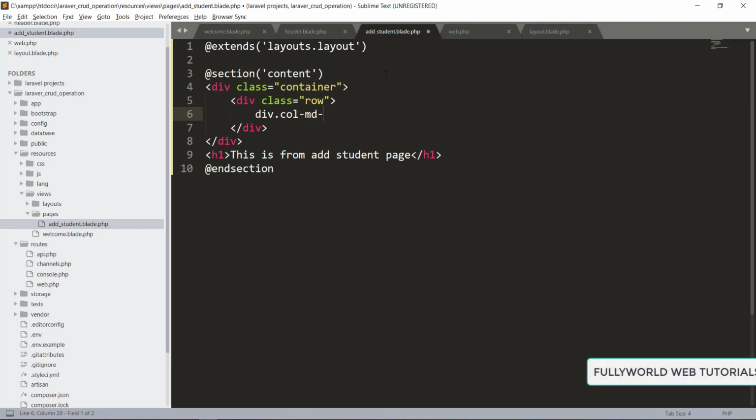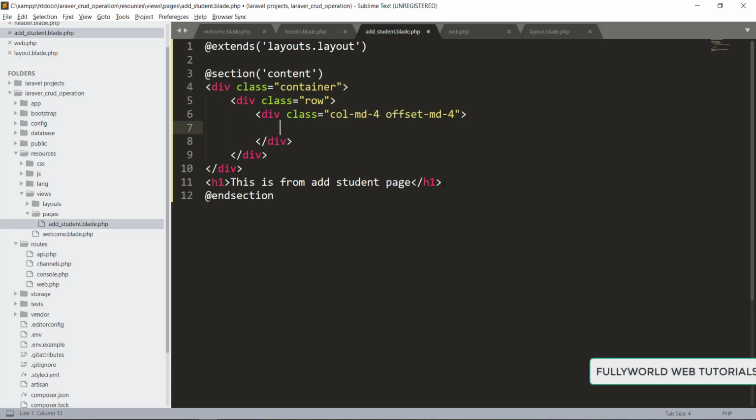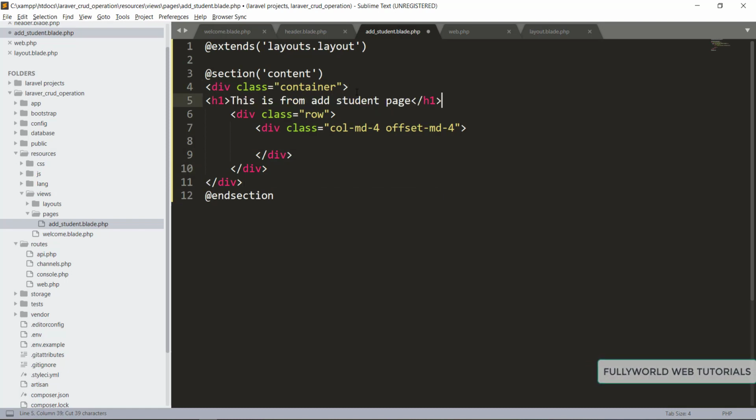I'm going to write only col-md-4, because we are going to use only col-md-4 for our form, and this will be our offset-md-4. Offset-md-4 will make it centered.